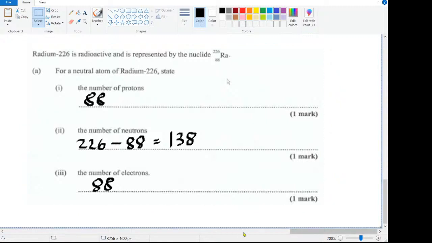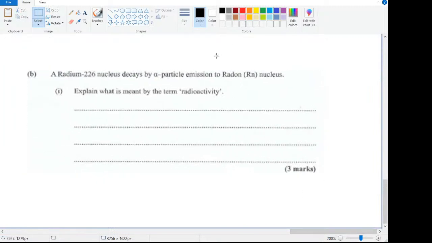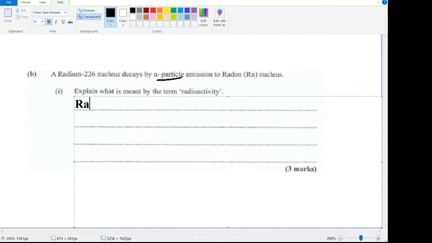Alright, look at the next one. A radium nucleus decays by alpha particle emission, so alpha to a radon nucleus. Explain what is meant by the term radioactivity. 3 marks. Okay, radioactivity